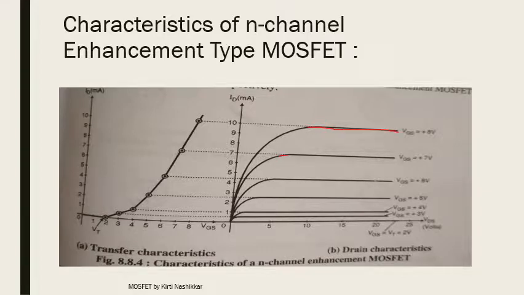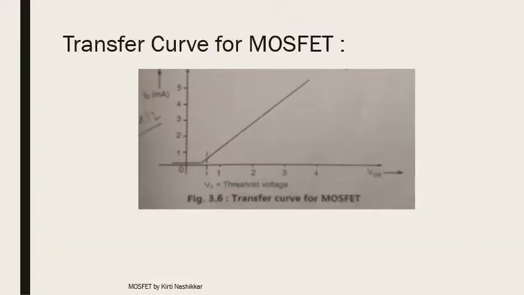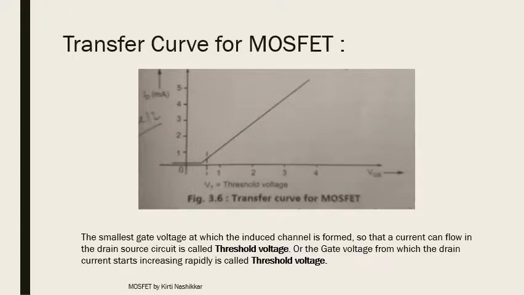So again the characteristics are similar to that of the depletion type MOSFET, but the only difference is in the transfer characteristic. Whatever characteristic you are getting, that is in the first column, which is shown over here. Okay, because both of them are in the positive. और जब VGS 0 है तब मिनिमम अमाउंट ऑफ करंट है. जैसे जैसे हम VGS बढ़ा रहे हैं वैसे वैसे ID भी बढ़ रहा है. So this is the transfer curve or transfer characteristics of enhancement MOSFET.